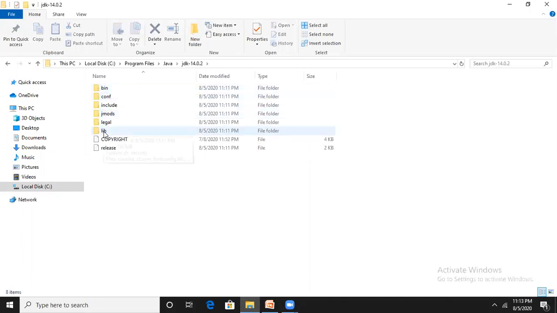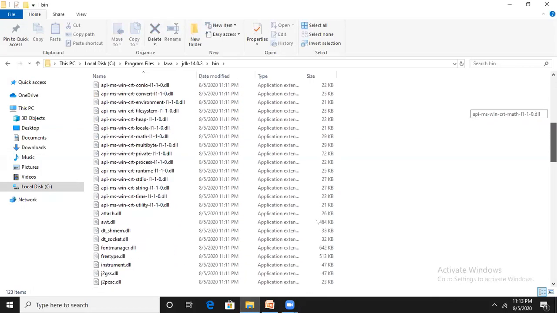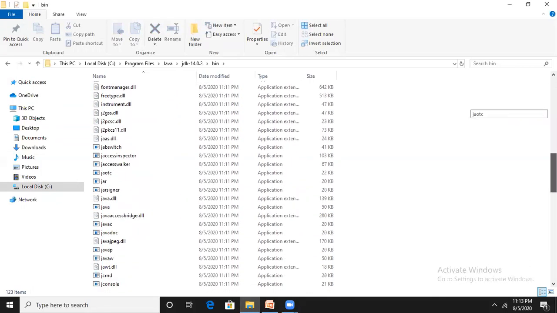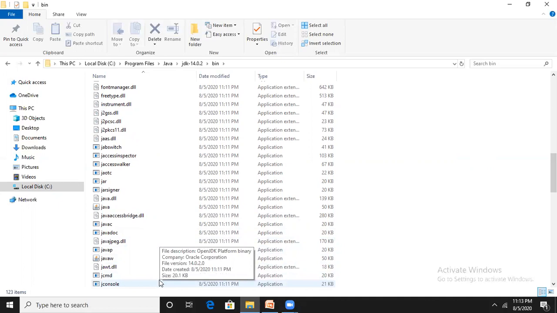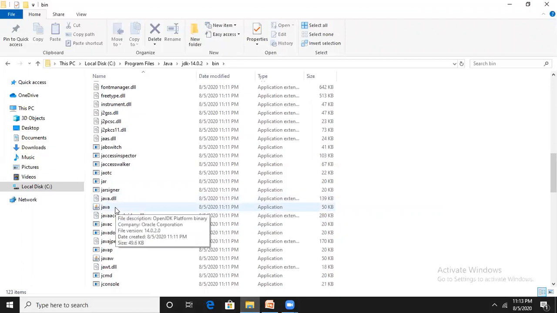Click on it. There are again so many folders. Go to this bin folder. Within this bin folder, you will find so many DLLs and executables. Those are nothing but the tools we will use for Java application development. For example, here javac, which is the Java compiler. One more is there, just java, which is called the Java interpreter. This is how Java is installed.